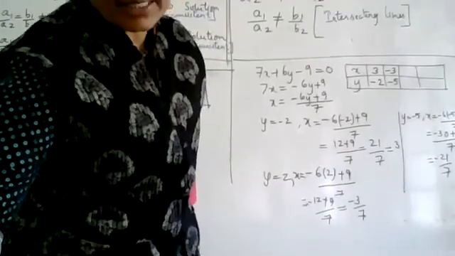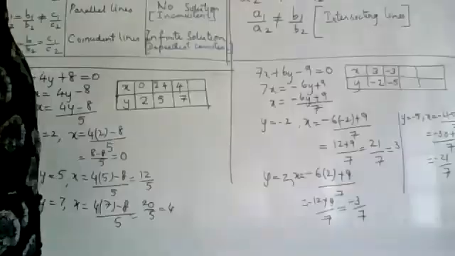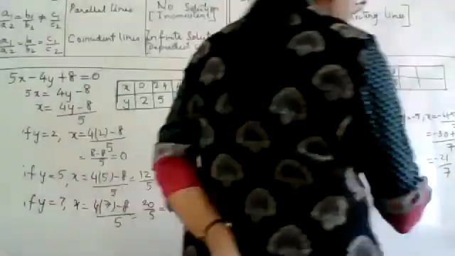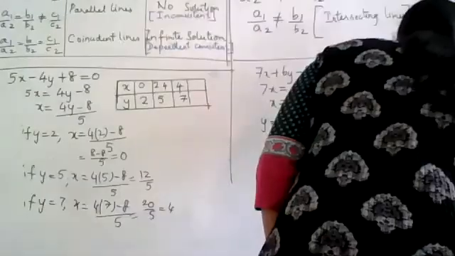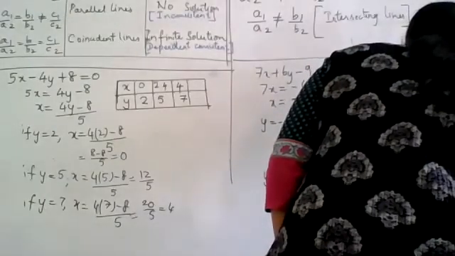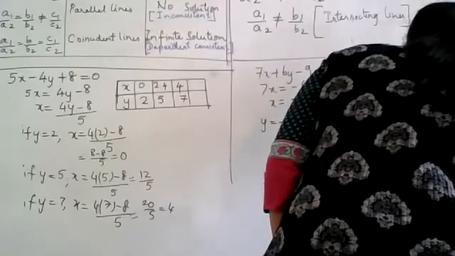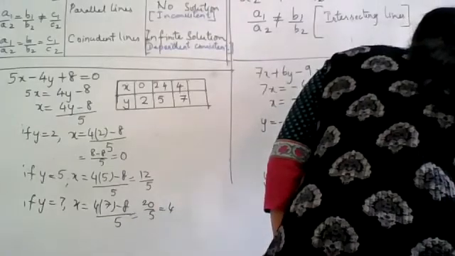Let me see what you're getting. Y equals negative 9. Where shall I write? Which part of the board is visible? Okay, I'll continue here. Y is negative 9. So x will be (negative 6 times negative 9 plus positive 9) divided by 7. So this is positive 54.